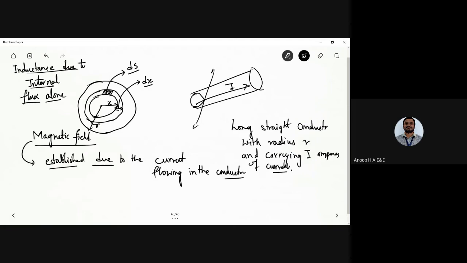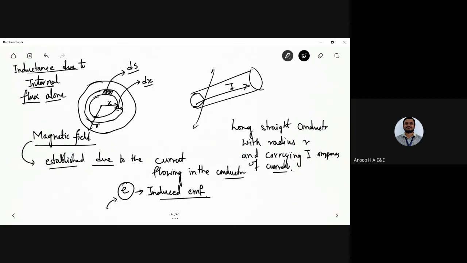The magnetic flux lines inside the conductor will change, and there will be an induced voltage generated. Once you have a change in the value of the current flowing in the circuit, you will have this induced EMF generated in the conductor itself. Then you will have the inductance developed, and once these magnetic lines exist outside the conductor, we'll talk about the flux linking outside the conductor.